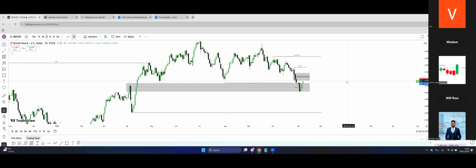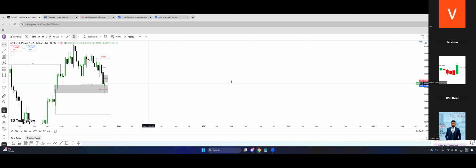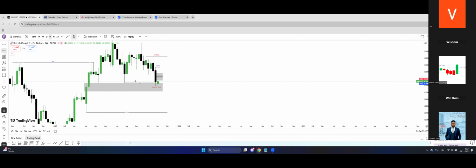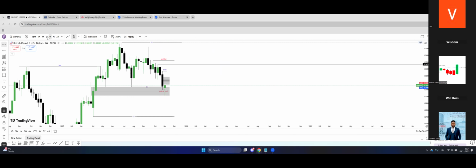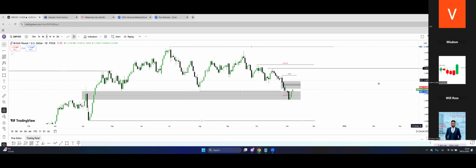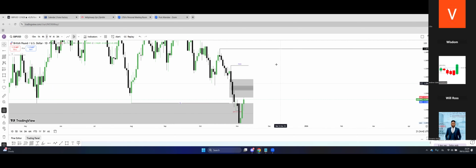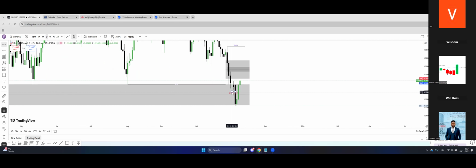Now remember, like I said, this is where your work begins, right? From your weekly time frame, where do you have your range? I'm going to put a long line. Your range starts from here. From your daily time frame, we have a range from here to here, and from here to here.